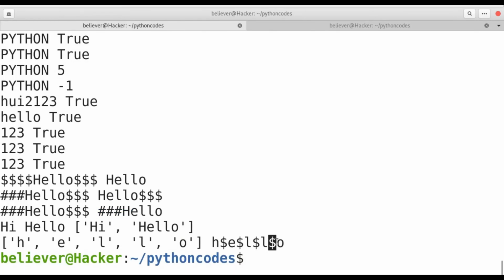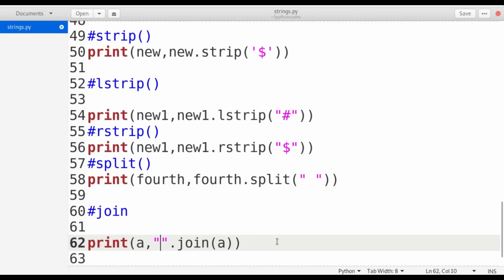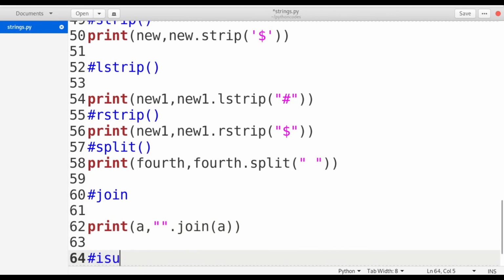Basically, we use join on strings, whenever we want to concatenate strings from a list or tuples, or some iterators.